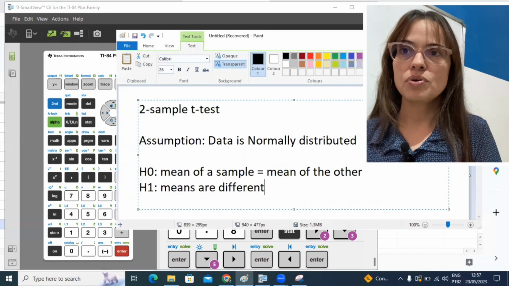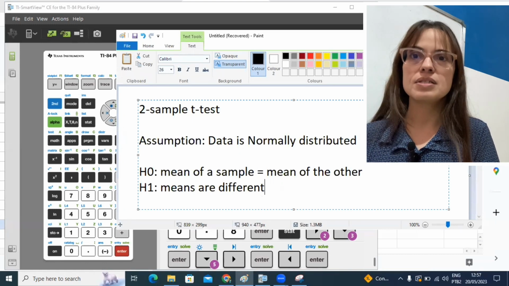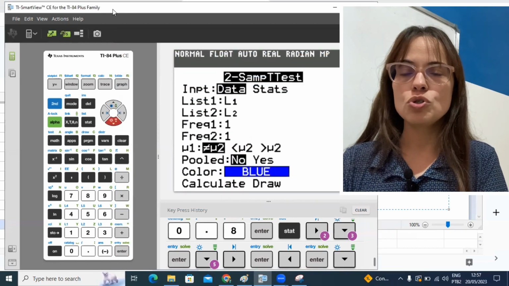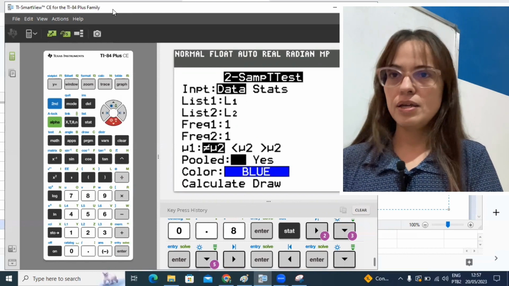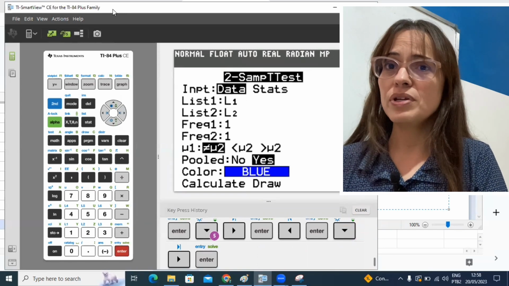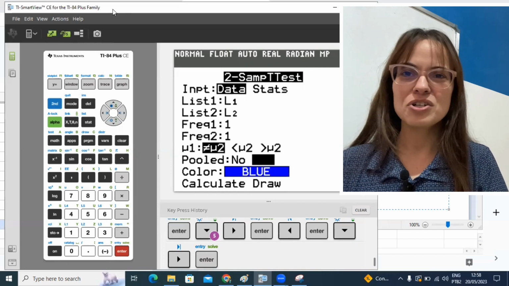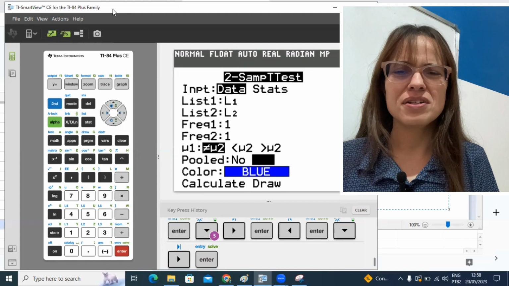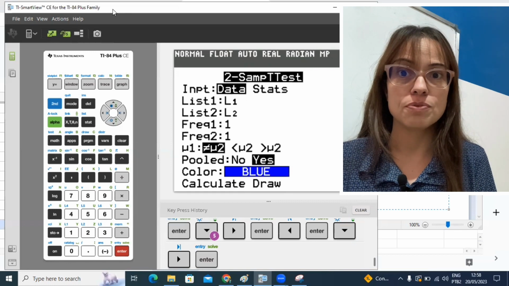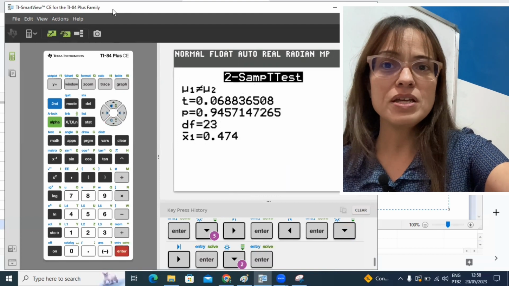And of course, like I mentioned before, the null hypothesis is not something that you get to choose. The null hypothesis is that both means are the same. But you do get to choose whether you also want to assume that the variances are the same in this next line. I'm going to say yes, that I am going to assume that both variances are the same, just because they are being sampled from the same larger original data set. And I also think that in the syllabus of the Math AI course, you are supposed to always answer yes for this question. So anyway, let's calculate this and see what the calculator says about the value of P,